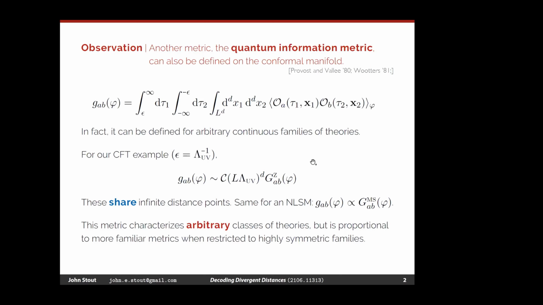Is it obvious that this is symmetric between A and B? Is it time reversal invariant? In this form, I made some assumptions about the nature of the operators. This is assuming that these operators are time reversal invariant, so that I can make permutations. But in general, there's another form that is obvious, where you symmetrize over the indices. I also assume that the one-point functions vanish, just to be able to fit the equation on the slide, essentially.